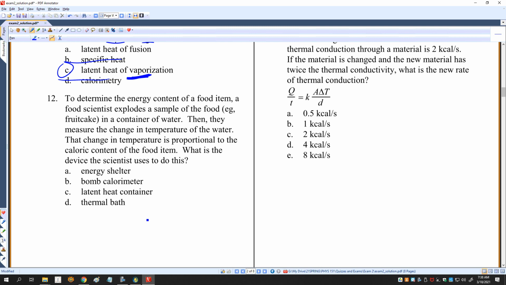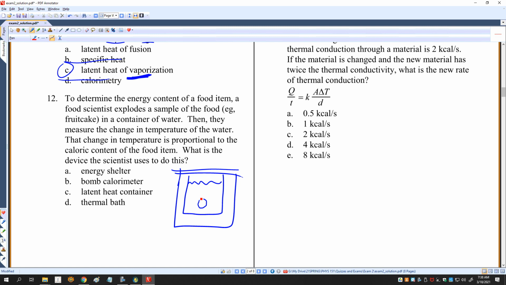Determine the energy content of a food item. A food scientist explodes a sample of the food, for example, fruit cake, in a container of water. Then they measure the change in temperature of the water. That change in temperature is proportional to the caloric content of the food item. What is this device? So what they have is a device that looks like this. There's usually an inner chamber and it's capped off. And then you have water inside of here, and then you have your little food item right here, and